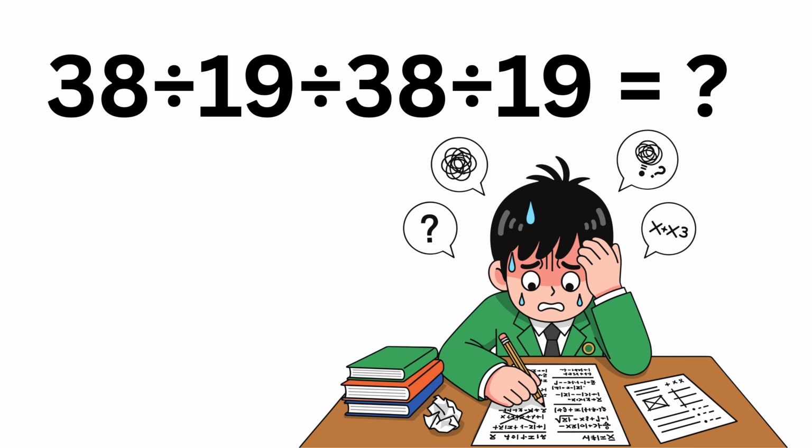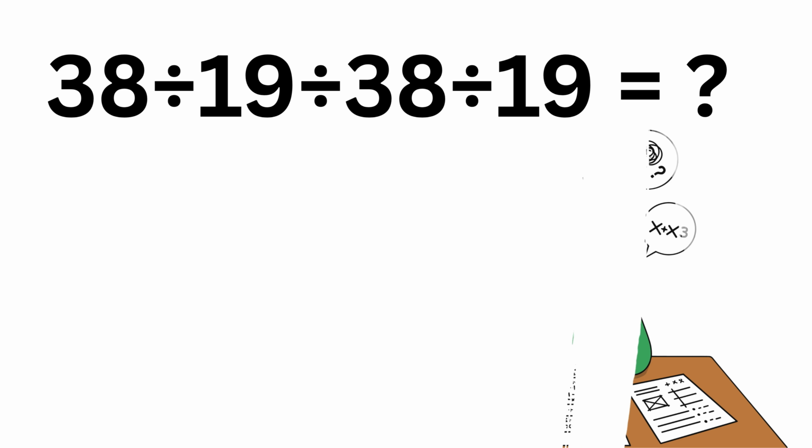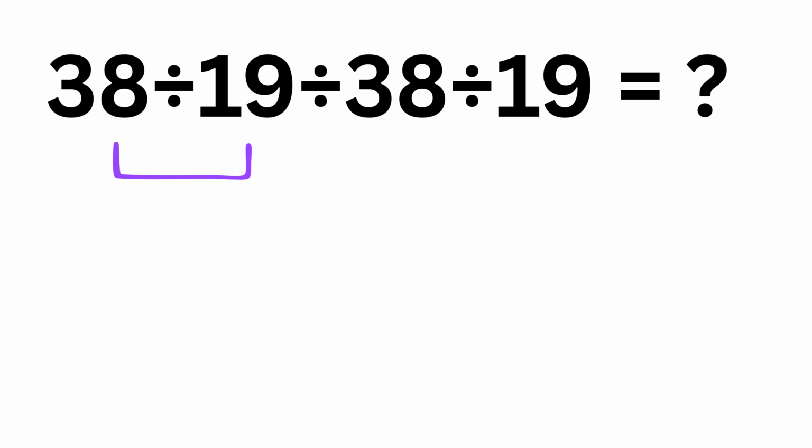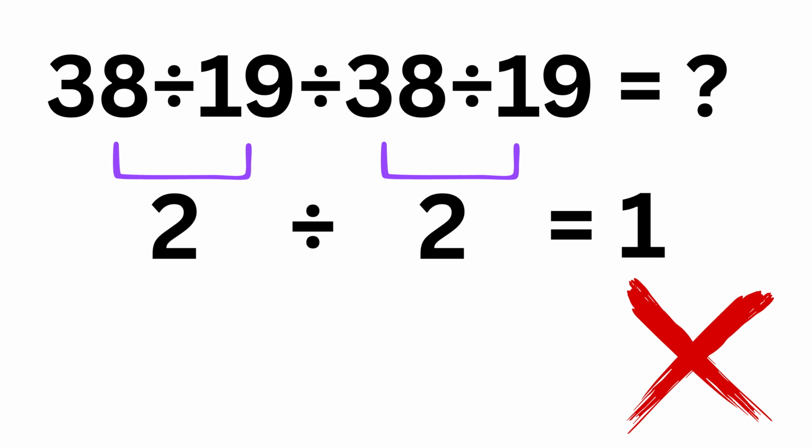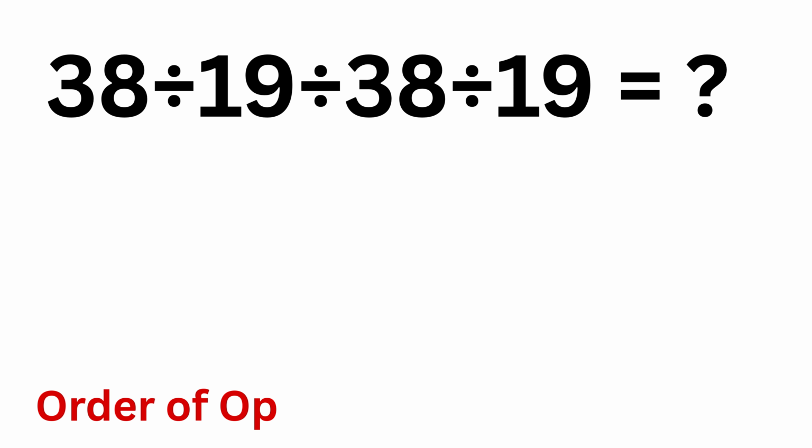38 divided by 19 divided by 38 divided by 19. Here, 38 divided by 19 gives us 2, and here we have 38 divided by 19, which is also 2. So 2 divided by 2 is just 1. But this answer is incorrect, because according to the order of operations, when we have more than one division in